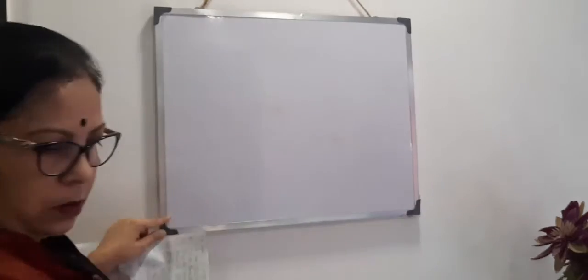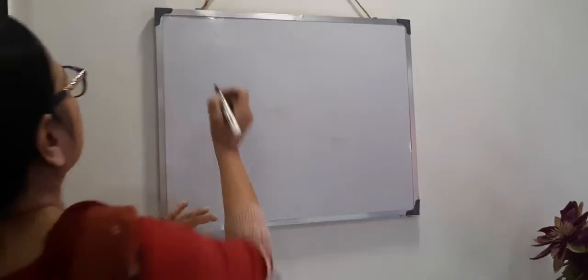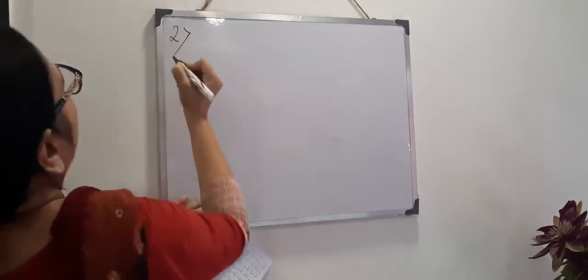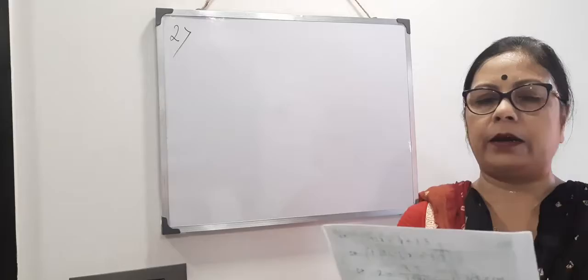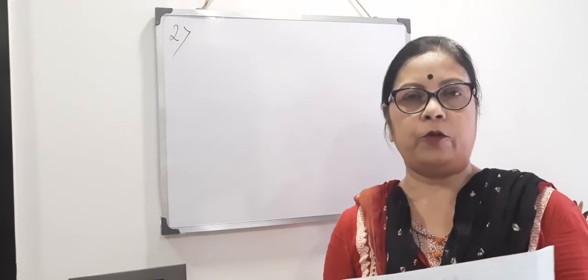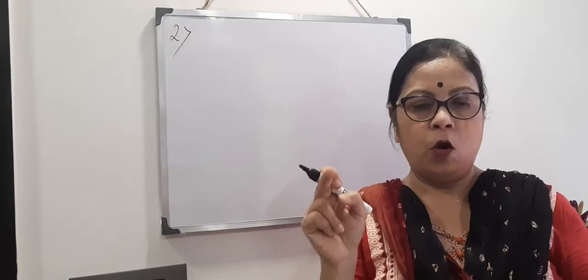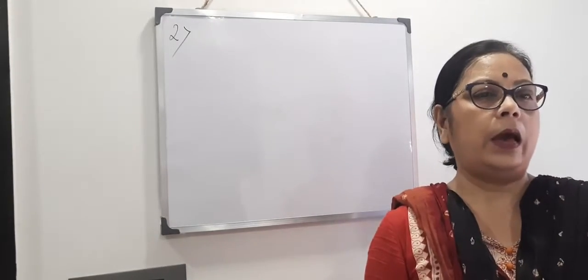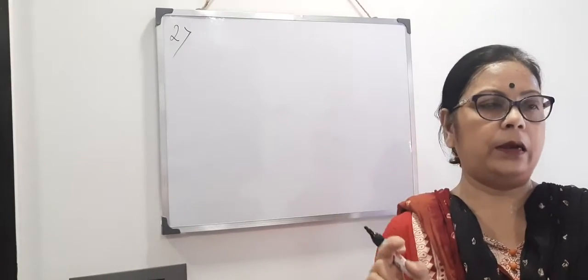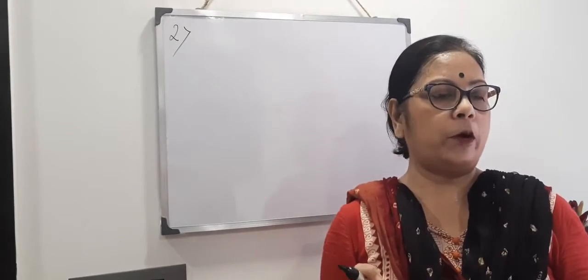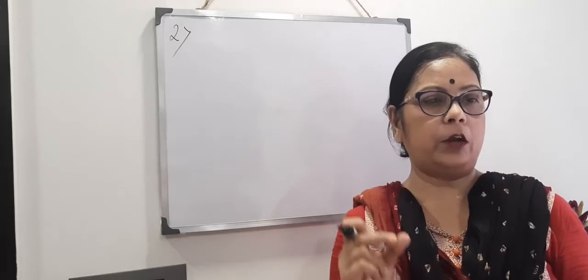Sum number 2. This is my favorite sum. Two towers are situated at a distance of 120 root 2 meter. There are two towers and distance between them is given 120 root 2 meter. And the height of one is twice the height of the other. Clear? From the midpoint of the line joining the bottom of them, the angles of elevation of the top of